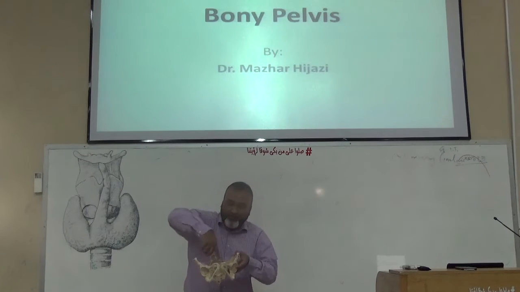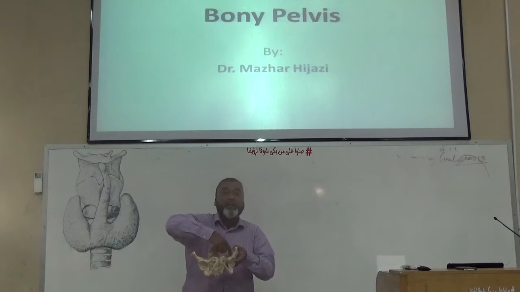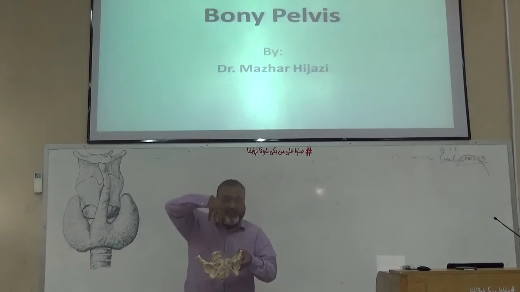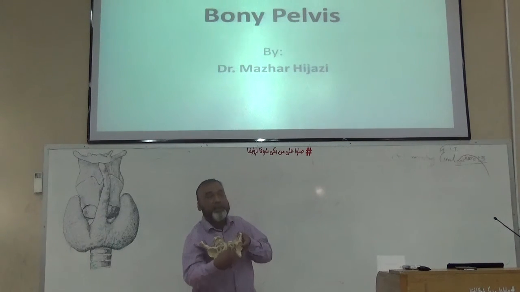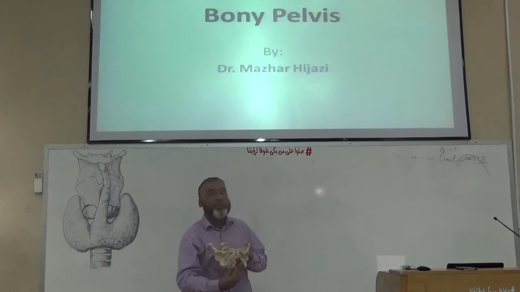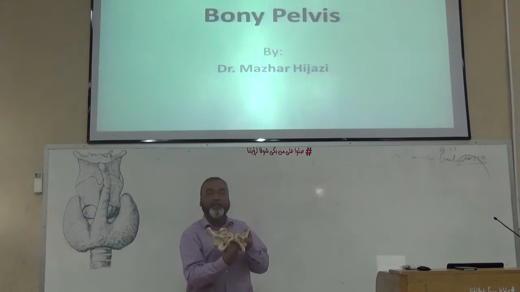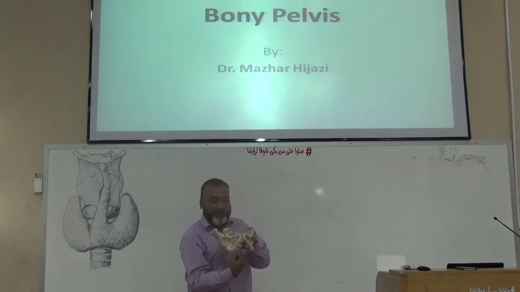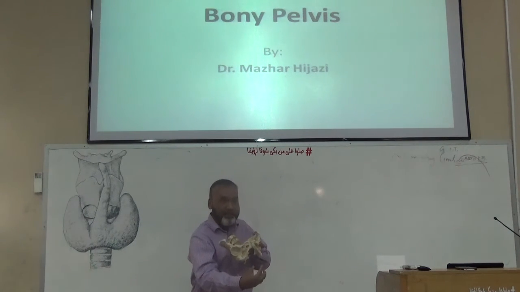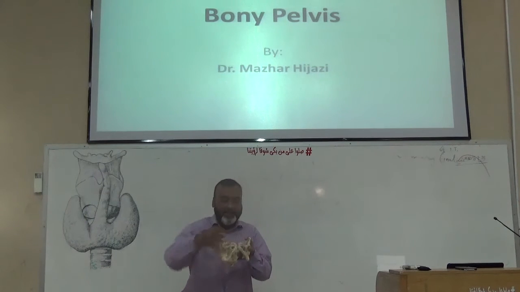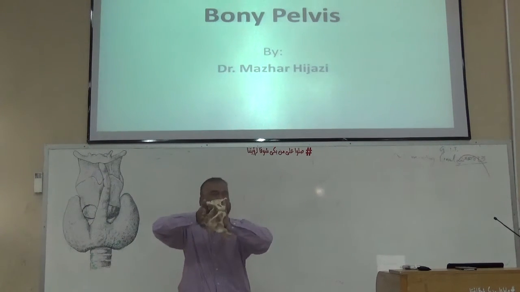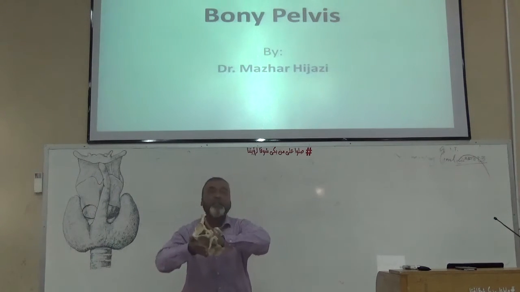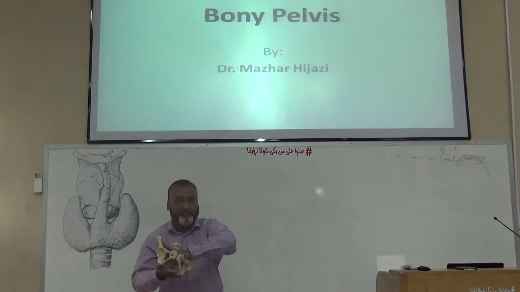Okay, so this margin, which is named the pelvic brim, is the pelvic inlet, and from where the structures come out, like our genital organs, and then the baby comes out, this is named the pelvic outlet. Between the pelvic inlet and the pelvic outlet, this whole area between my two hands, is named the pelvic cavity.